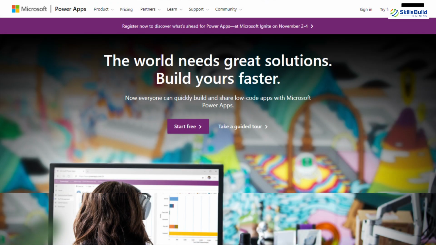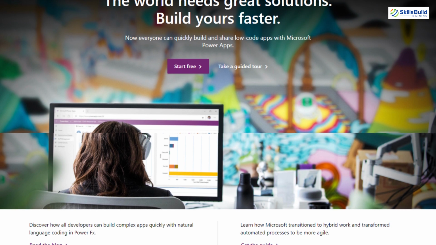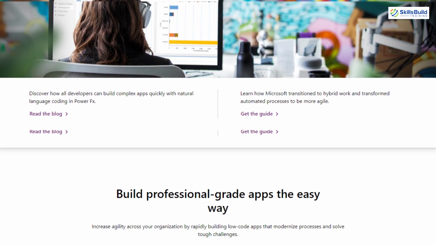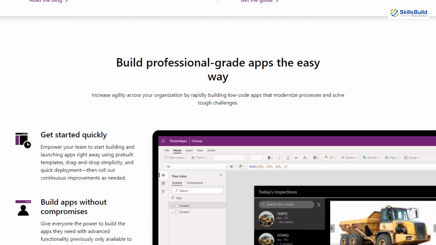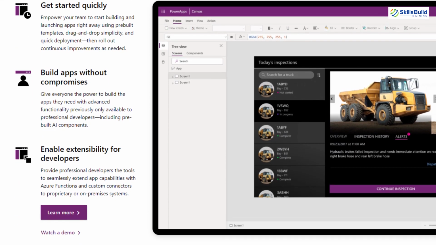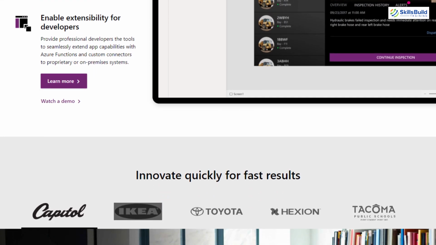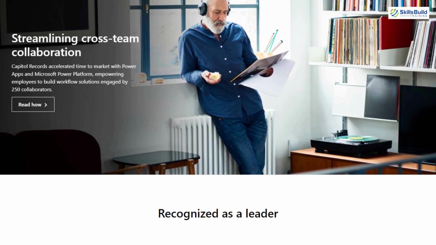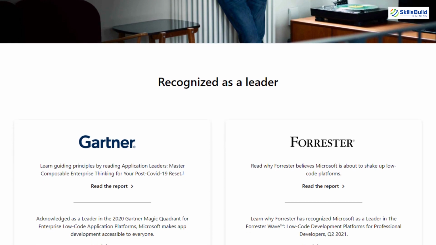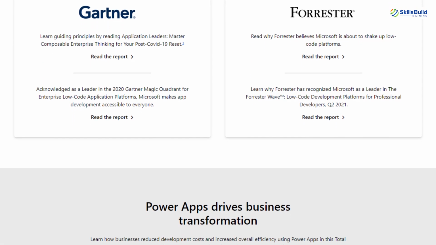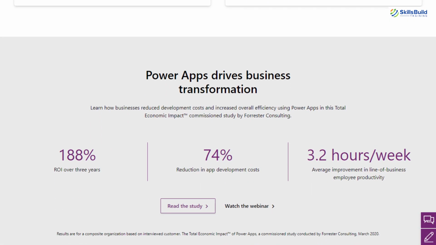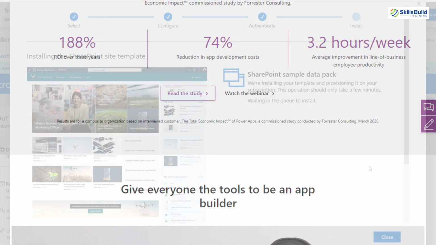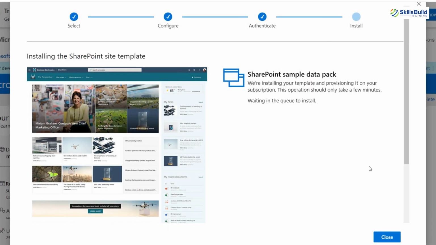And if I talk about Power Apps, then Power Apps is included in your Microsoft 365 E5 developer subscription license. It is basically a suite of applications, services, connectors, and data platform that provides a rapid application development environment to build custom applications for your business's needs. So you can actually install all of these applications and you can use them. Well, I am going to show you how you can install one application so you can get an idea, and then you can install the other applications on your own.